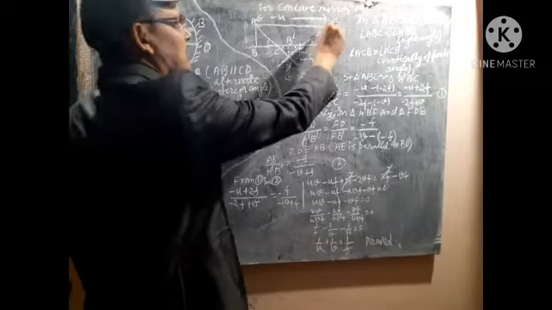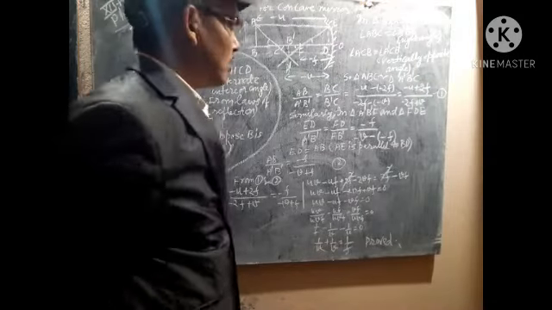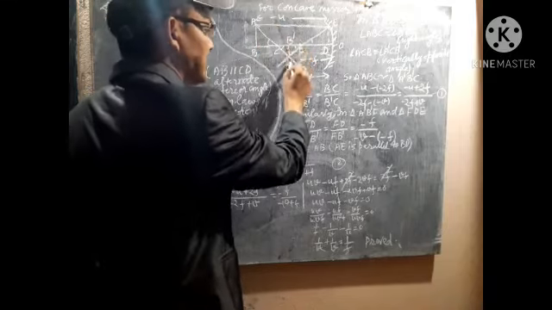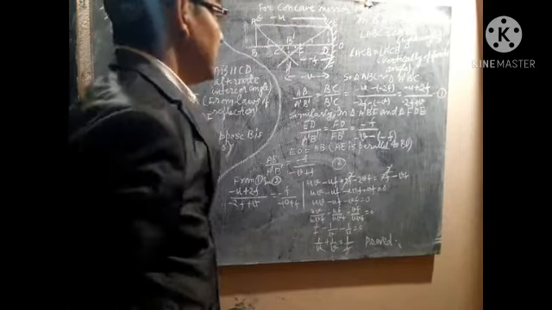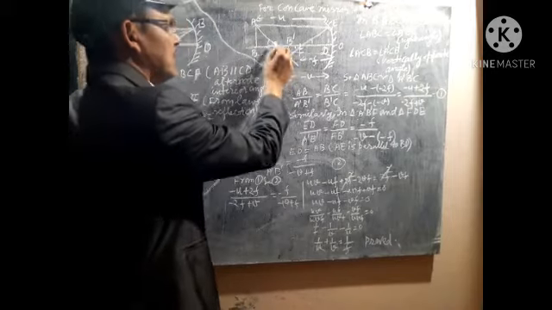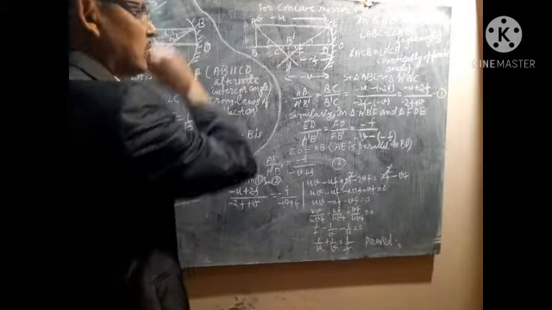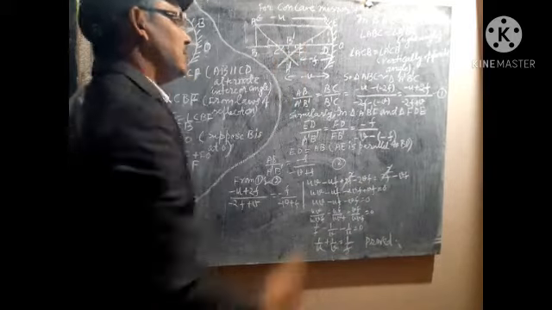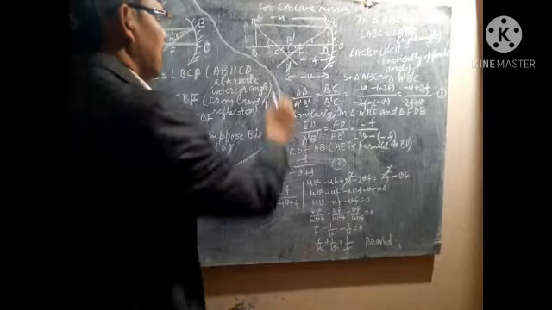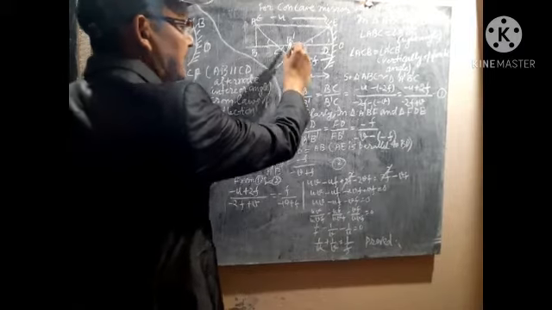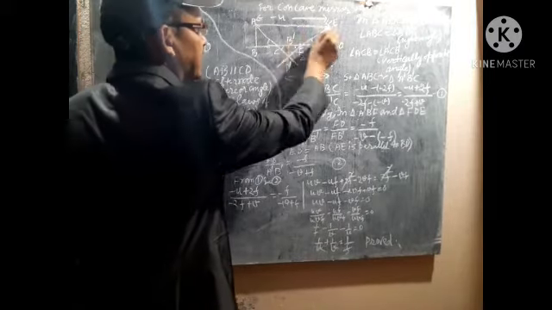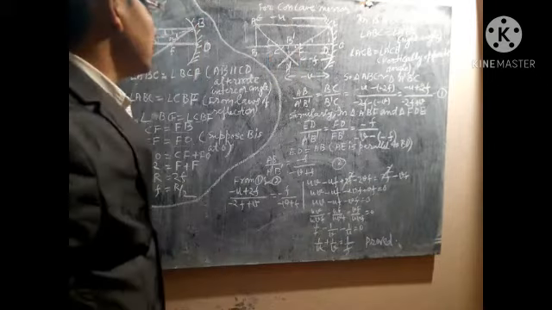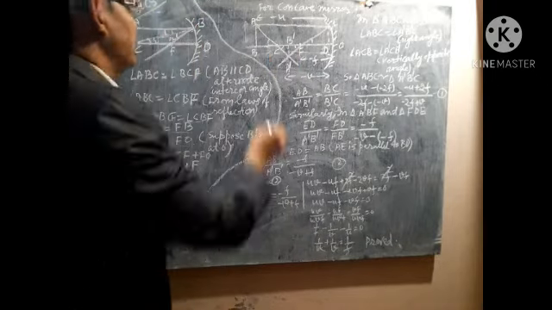Here I have drawn a figure of a concave mirror. You know this. AB is the object and B'A' is the image. In this case, the object is kept beyond the center of curvature, so certainly the image will form between the center of curvature and the focus. AB is the object, B'A' is the image. Here AE is the object distance, and you should keep this in mind.